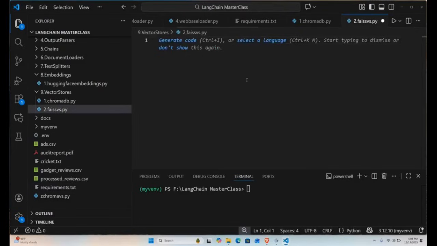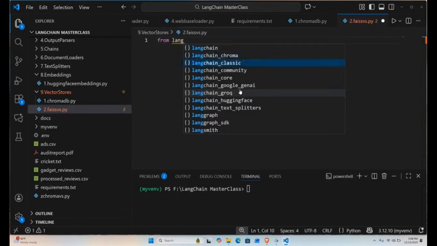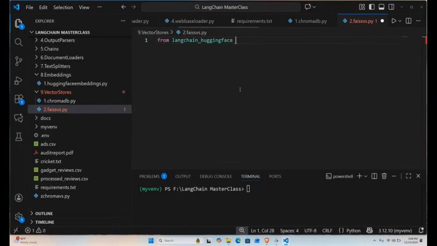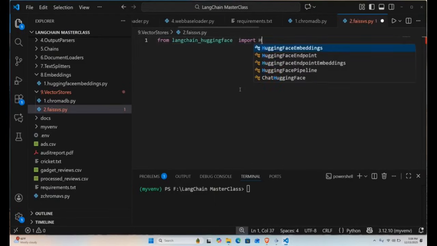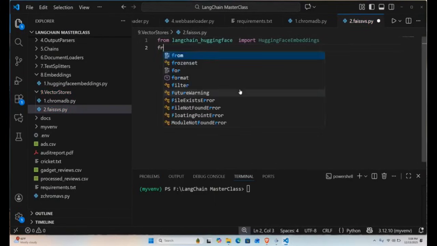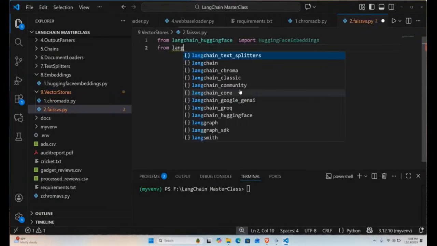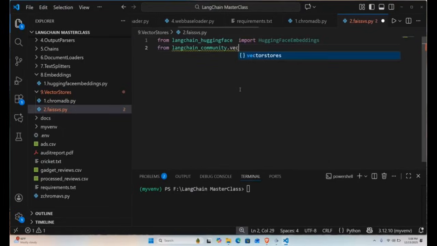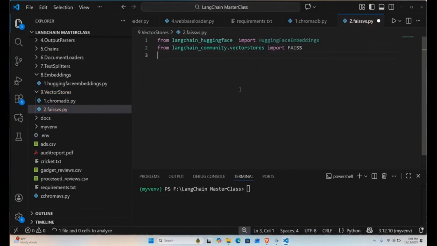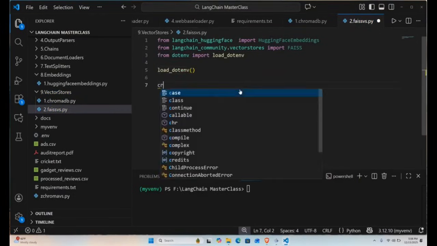And then I will go to my FAISSVS.py, and then I'm going to start importing now. So from LangChain Hugging Face, I'm going to use the same model as I did earlier. Import HuggingFaceEmbeddings. Then from langchain_community.vectorstores, I'm going to import FAISS. Then from dotenv, I'm going to import load_dotenv, load the credential first, and then I am going to define